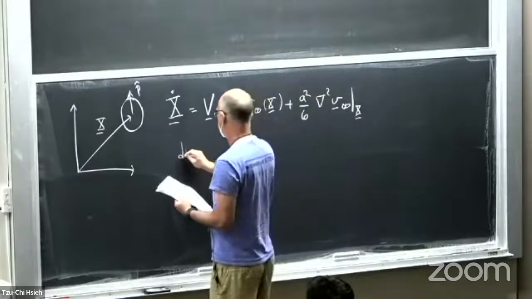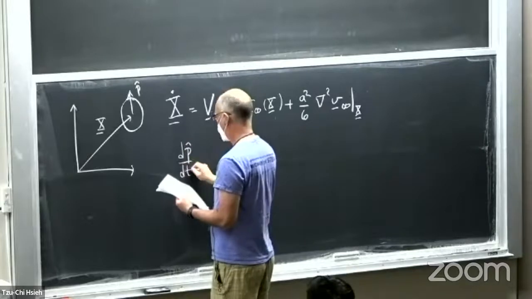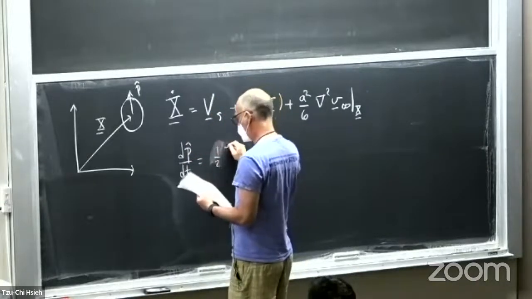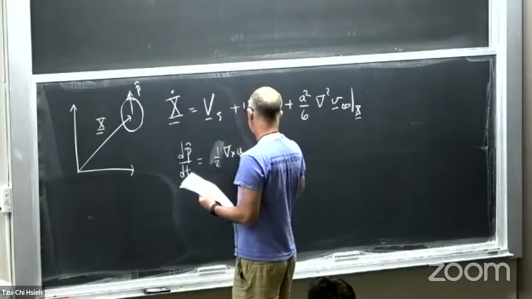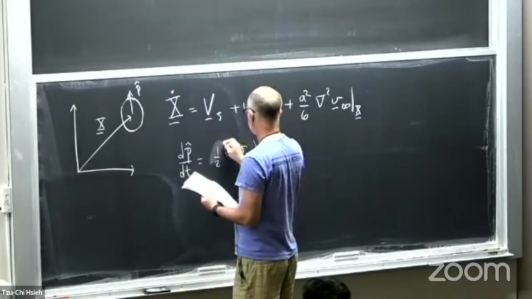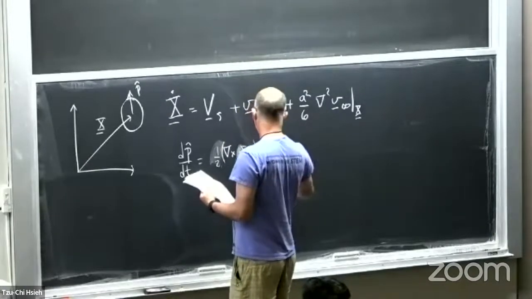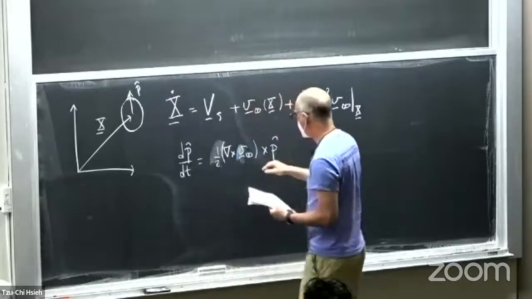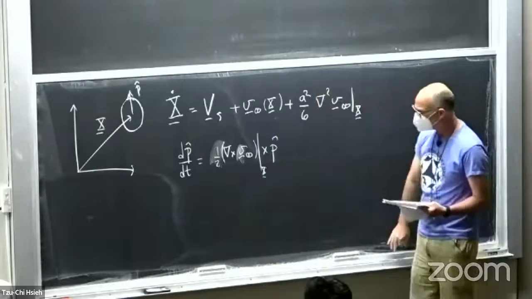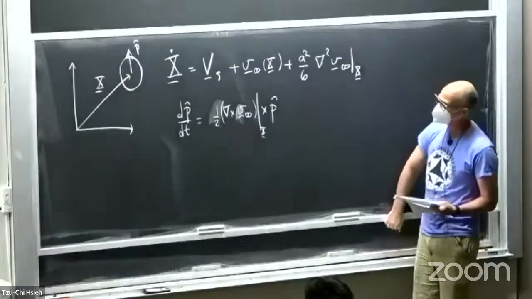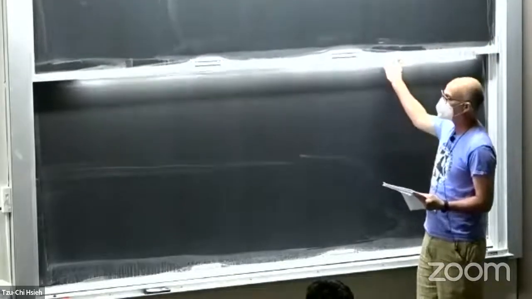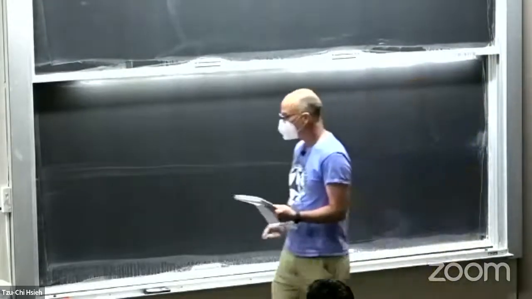And likewise, well, we won't worry about the swimmer rotating on its own. We just have the vorticity here. Yeah, so P is a unit vector, and we just evaluate this at the point of the swimmer. So there are simple results that you can get for linear flows. You can solve this problem exactly for certain flows. So for simple shear,